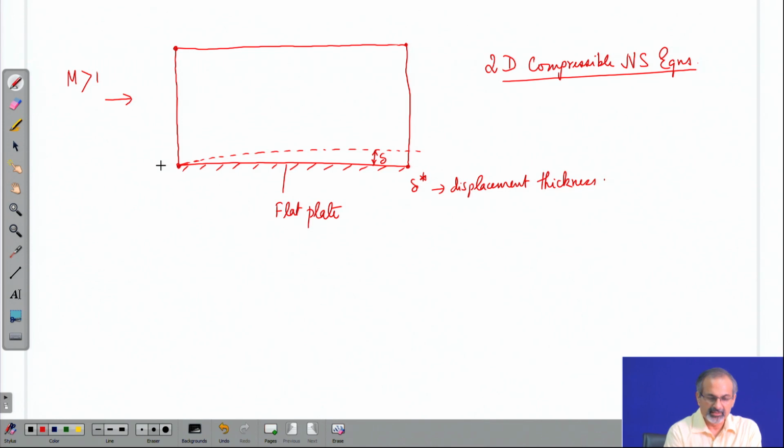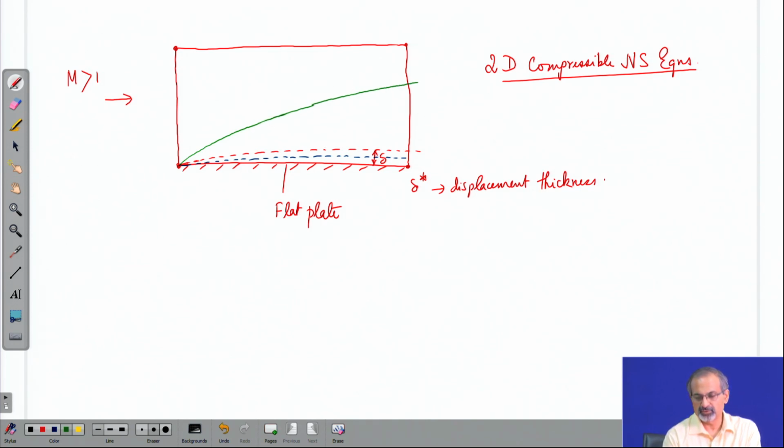So, that displacement thickness is usually smaller than delta, but nevertheless it will be there, and that will give a slightly inflated shape to the flat surface, which means the flow will get compressed to some extent, and therefore, there will be a formation of a weak shock,